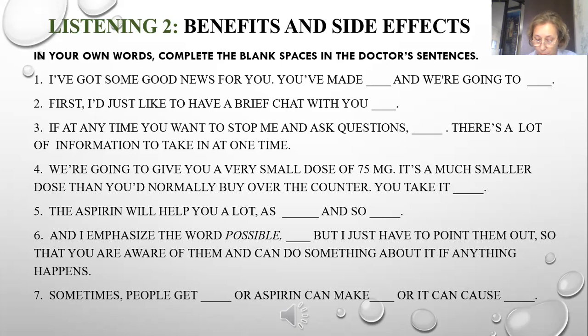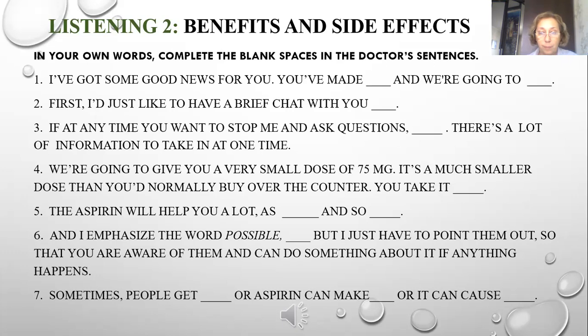The aspirin will help you a lot as it thins the blood and so helps to prevent further attacks. Okay, that's good. Now, as with everything we take, there are some possible side effects. Mm-hmm. And I emphasize the word possible, as you may not get any of them. But I just have to point them out so that you're aware of them and can do something about it